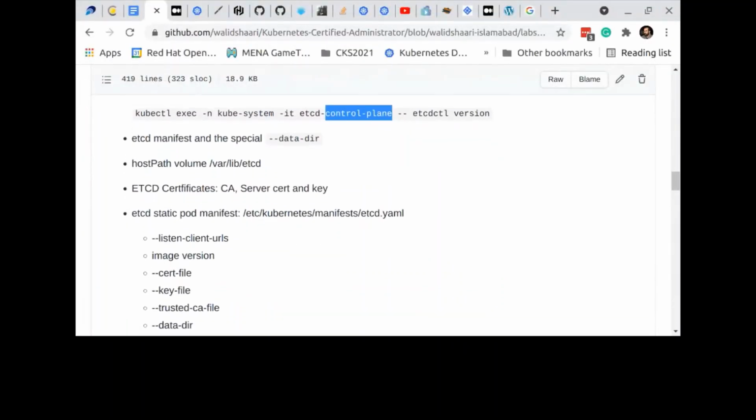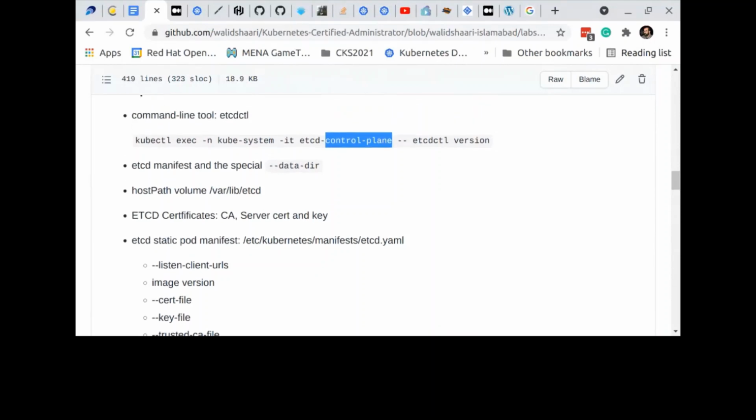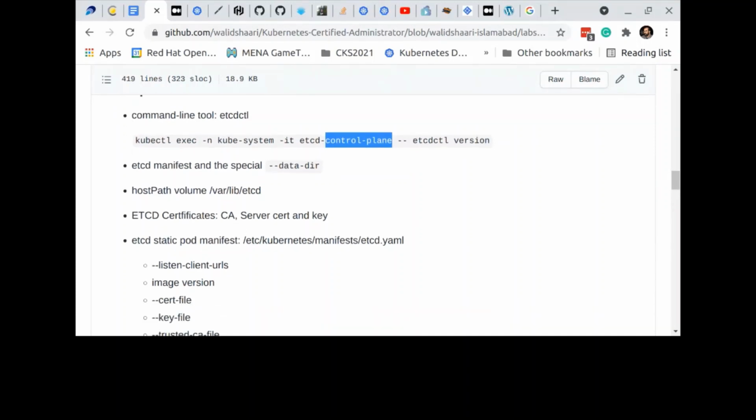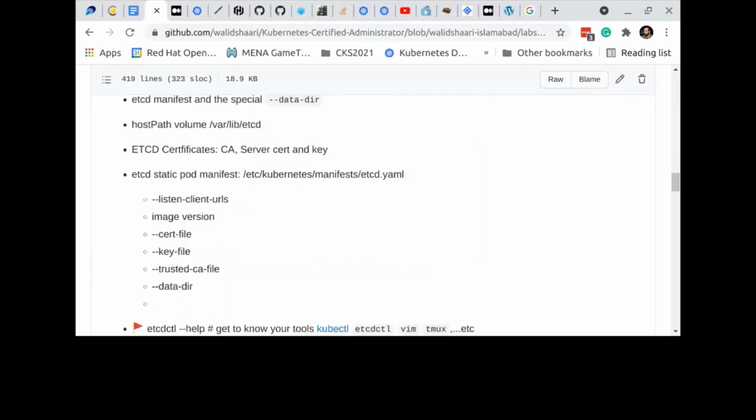Now, what is important in the etcd manifest? I need to really master this topic. I need to learn more about etcdctl, and I need to know the etcd manifest. And there are important things in the etcd manifest. One of the important directives is the data directory. This is where etcd will save its database. So this is a very important directory. And in restore, there are two ways to do restore. You might need to change this, and if you need to change this, there are consequences. I will try to show you a way where there are no consequences.